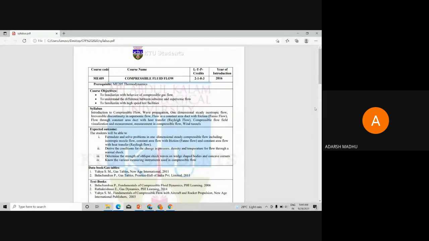With your data book, like HMT, I think this compressible fluid flow data book-based problem is very much easier than HMT. Directly you can take readings from this data book, and there is no confusion like in dealing with HMT. It is very easy to handle. So it is compulsory to buy your handbook data book today itself, because you can't do any problem without the data book in our subject.